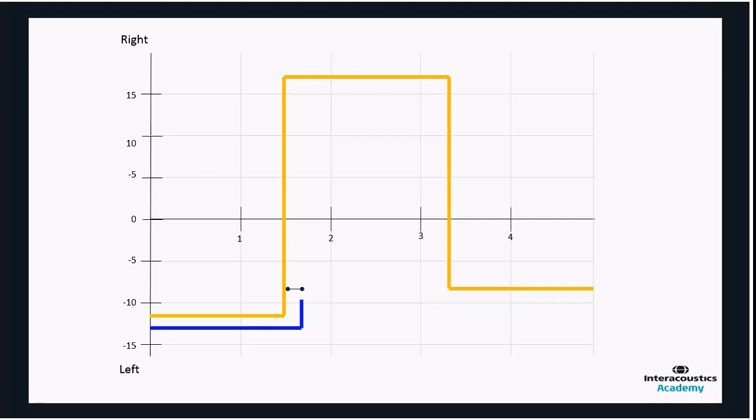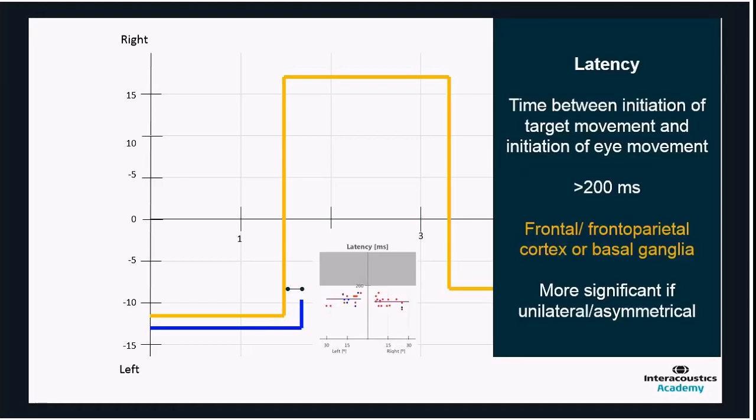What we have is an eye movement, and what we're measuring is the latency of eye movement. So the time that it takes for the eye to move after the target has initiated the eye movement. Typically what we would see are eye movements around 100 to 120 milliseconds following the target movement. Any delay in this movement of greater than 200 milliseconds, if it is a consistent pattern and follows through the saccades, we can look at whether that eye movement is delayed unilaterally, either to the right or to the left,